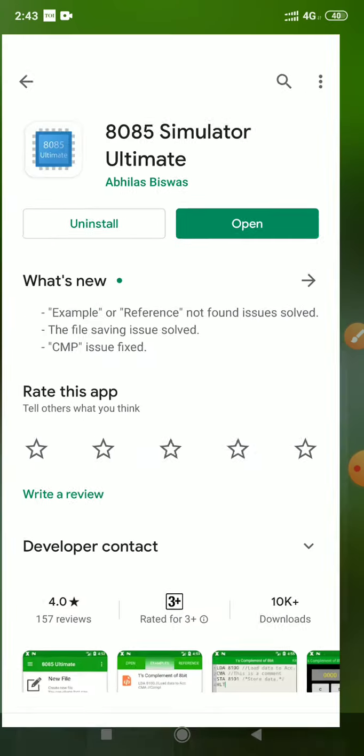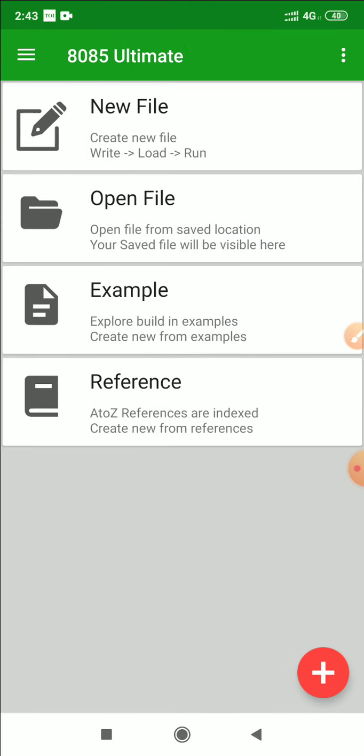As soon as you install the program and open it, you can see this type of environment. Here are different options: new file, open file, example and reference. In new file we can create new files that we want to run. With the help of open file, we can open the files we have already saved.